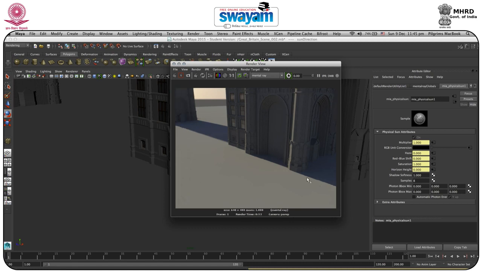As you can see, your shadow is not so hard or so soft because you don't have the creased point like here, or you don't have the gradient.